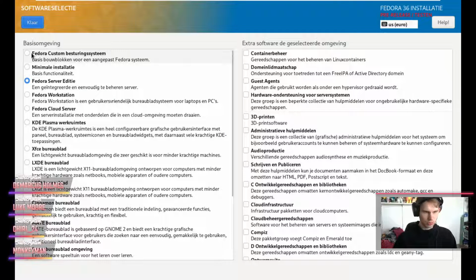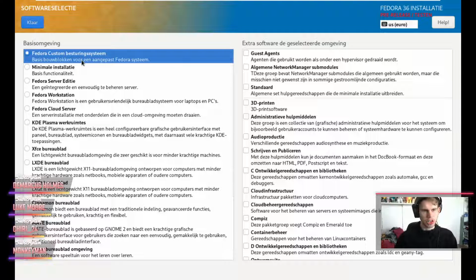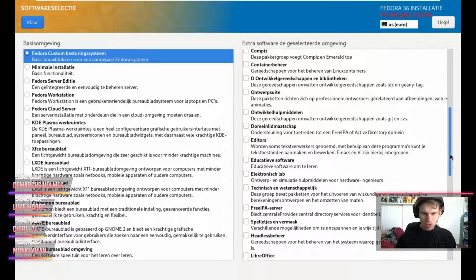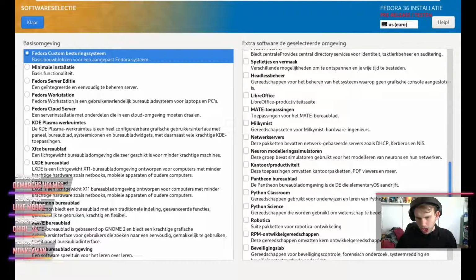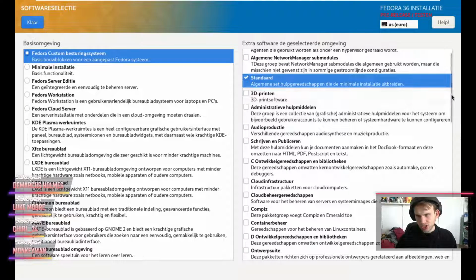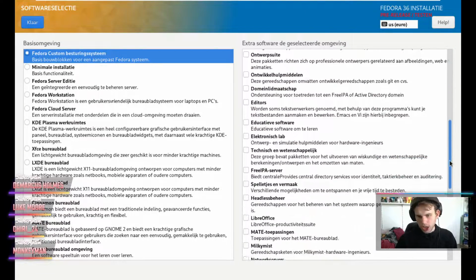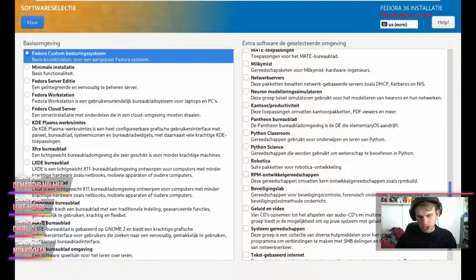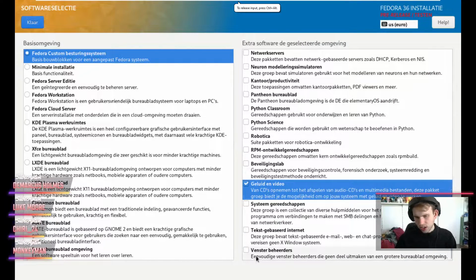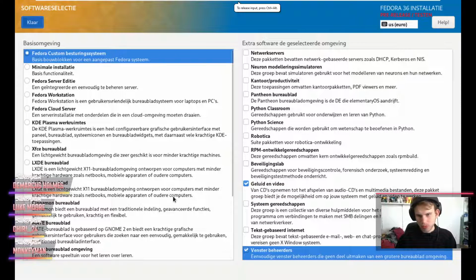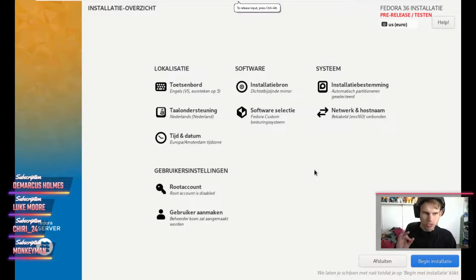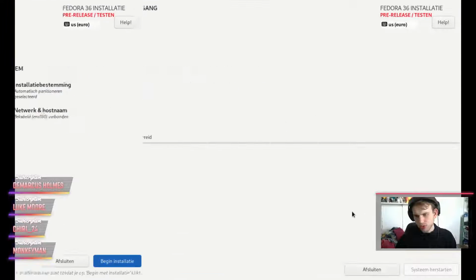We're just going to install a custom operating system, which basically means that you just get all the basic stuff that you need for the pure minimum of what an operating system like this needs. So you can build essentially whatever you want from the ground up. What I also want is just standard tools that we're going to need. I also want ODR and VDR and window managers. Alright. So now we have the absolute bare minimum of what we're going to need for our system.